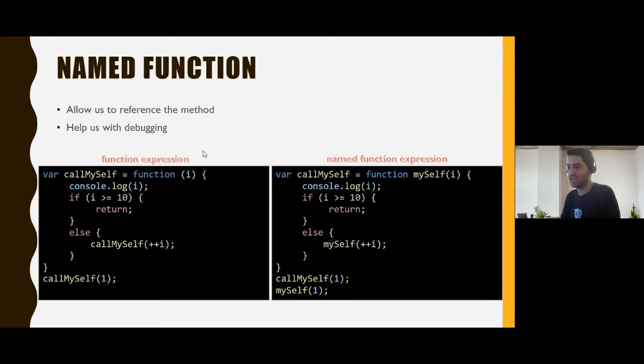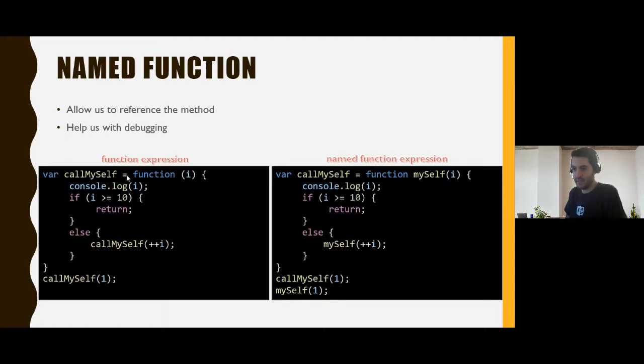You don't just start a function like that. You start it with var x equals function, and this is again expressions. But what is the difference between the right and the left example? In the right example, after the function, I put a name, myself, and on the left side I didn't. So if I would have an error inside call myself, and I would debug it and put a breakpoint and see the call stack, I would see call myself as an anonymous function,